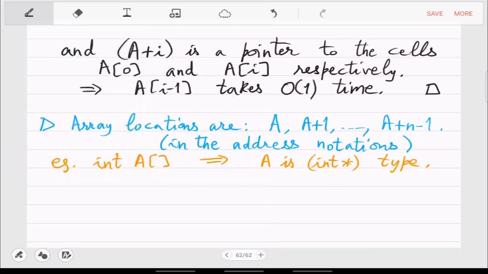Okay, so yeah, we have some time. So let us look at the complexity of all the operations at once.